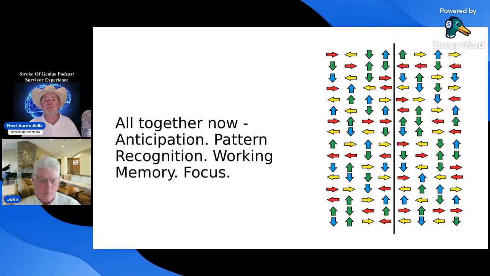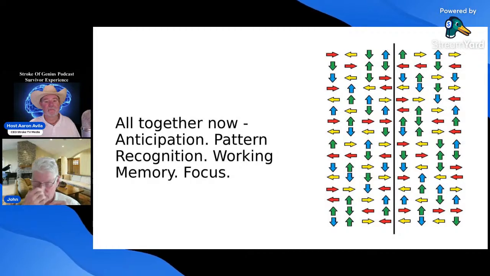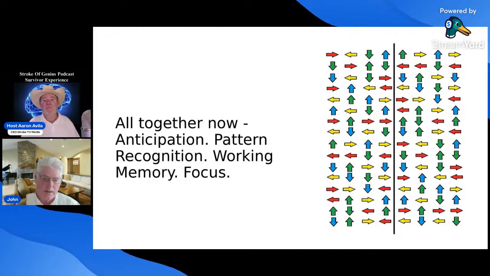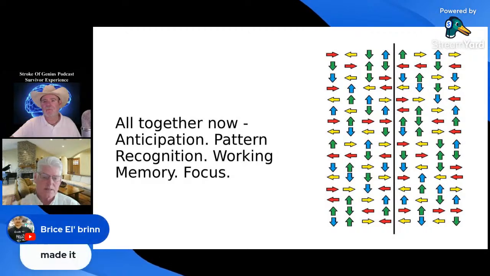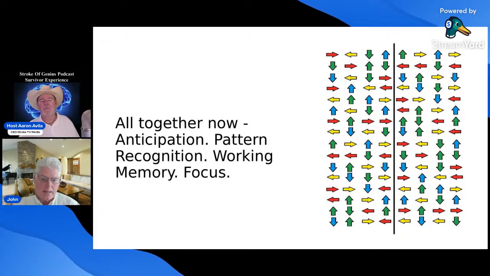What we're going to do is start training different parts of your brain and different parts of executive function, which is our ability to make decisions. The very first piece we're going to do is anticipation. Now, this was critical for the military. As I mentioned, this is one of the reasons it's the only program of its kind approved by Special Operations Command, because anticipation is our word for intuition. If you can sense danger and react to it, or sense a car coming at you, or even sense what's coming in a conversation, it gives you an edge.